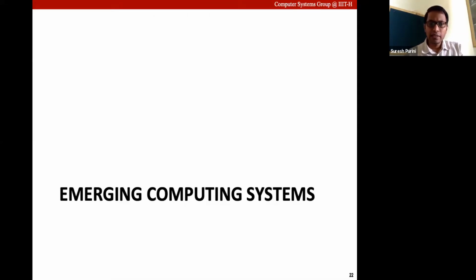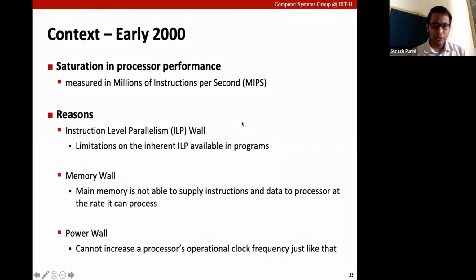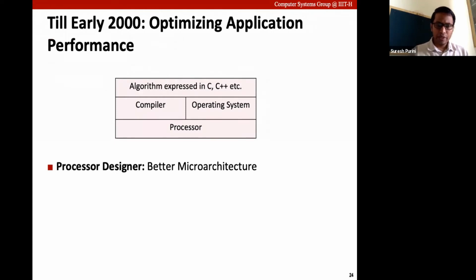So let's get started. In the last lecture, we started with how emerging computing systems are looking. If you see till early 2000, for example, till 2005 or so,